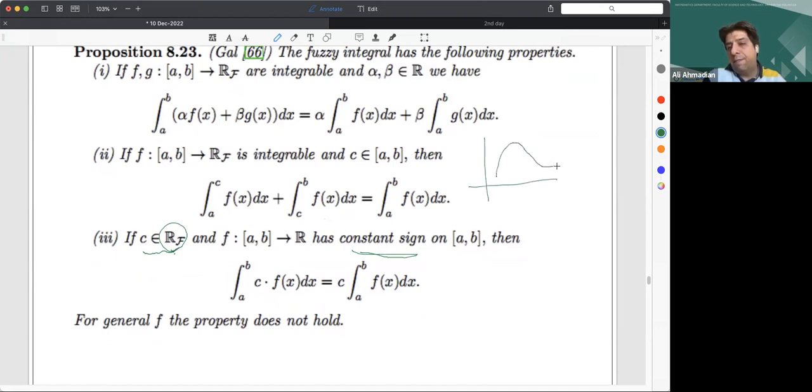So it is a fuzzy function that has a constant sign, not like this one, for example, where we have a change in sign and it doesn't hold. If we have constant sign over the interval, then the multiplication by F, this stands for fuzzy multiplication, depending on which definition you select for the fuzzy multiplication, we can take it out and then get the integration. This is the last